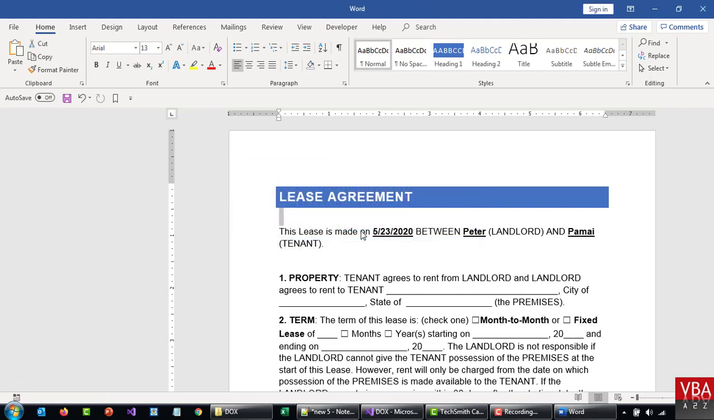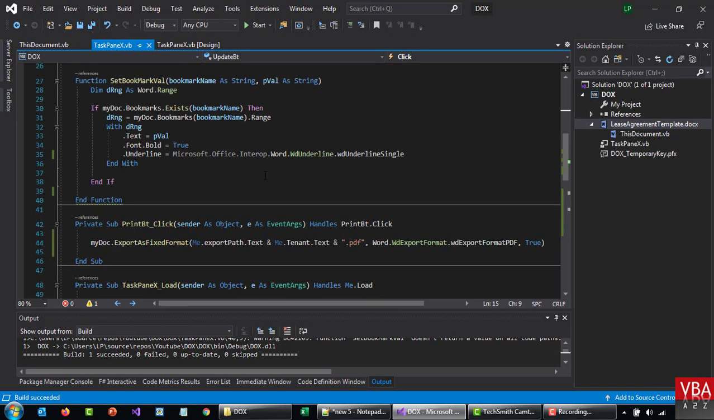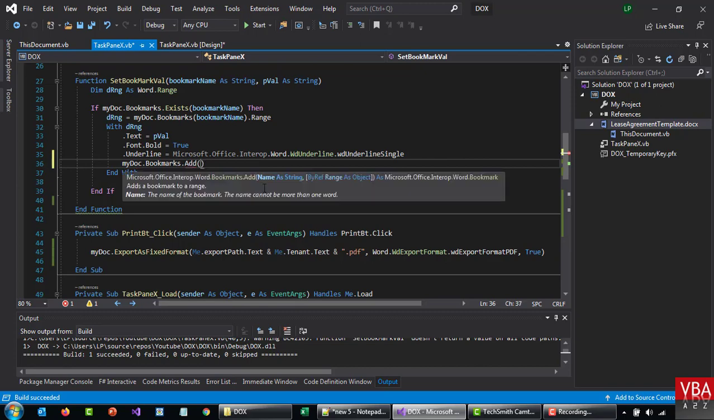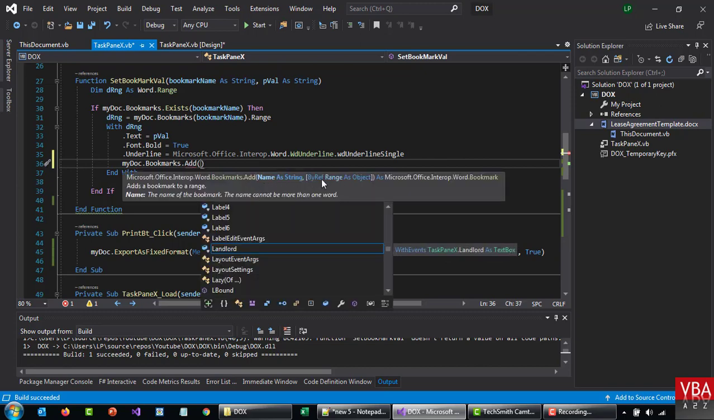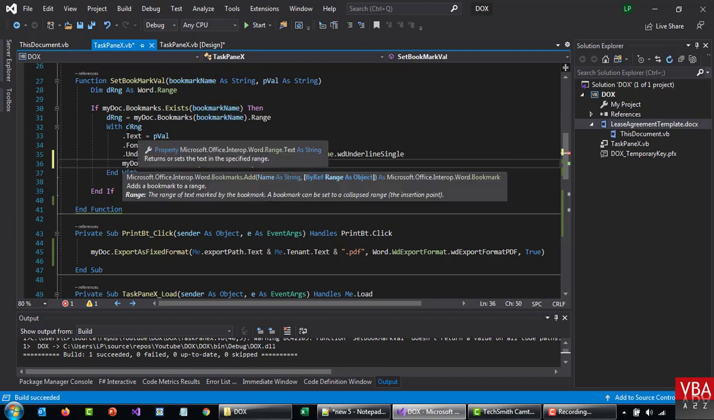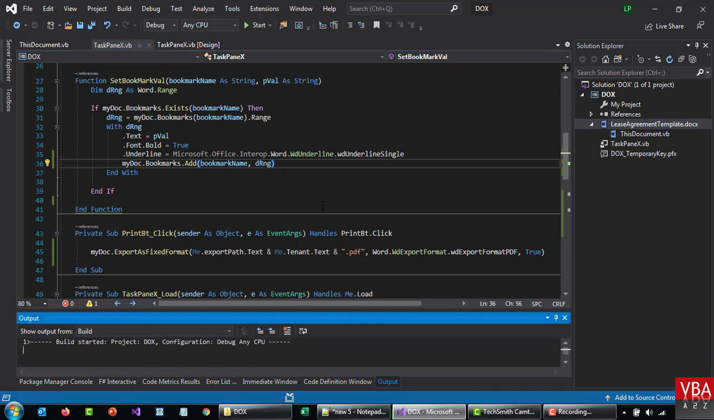So let's add a quick handler so that that is retained. Coming down here, we'll re-add the same bookmark. Okay, bookmarks.add, and then here you can specify the name and then the range. So the name of the bookmark will be same, and then the range is gonna be the same range. So you can add this. I'm gonna load this up,